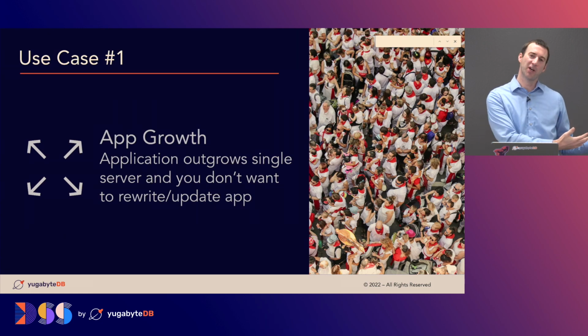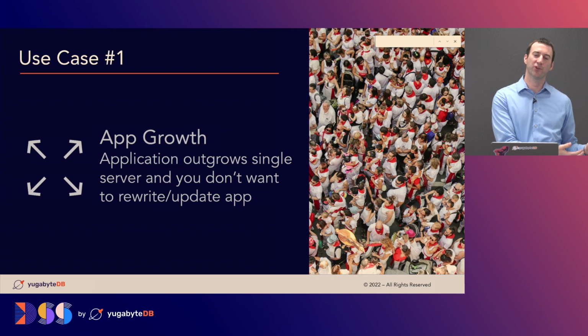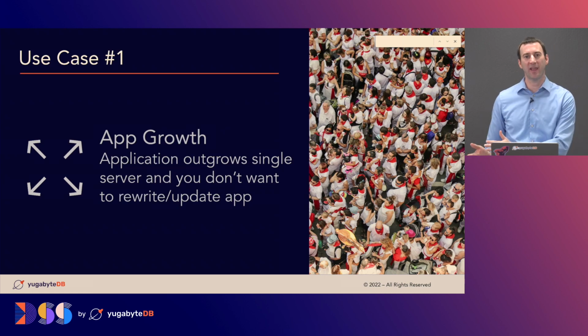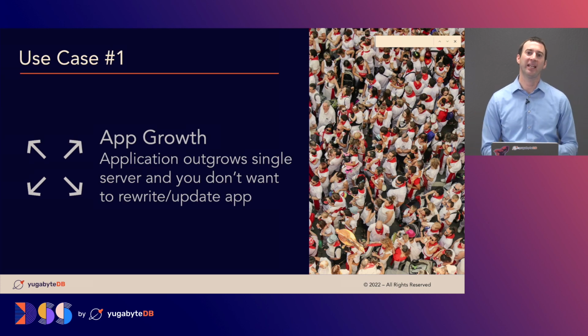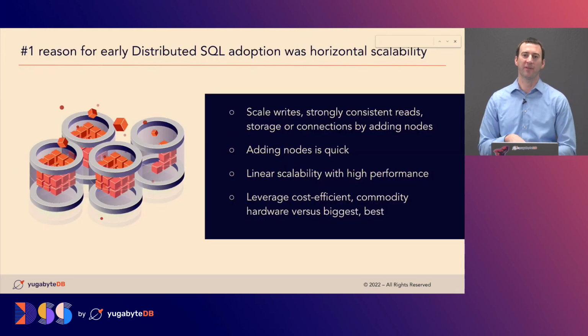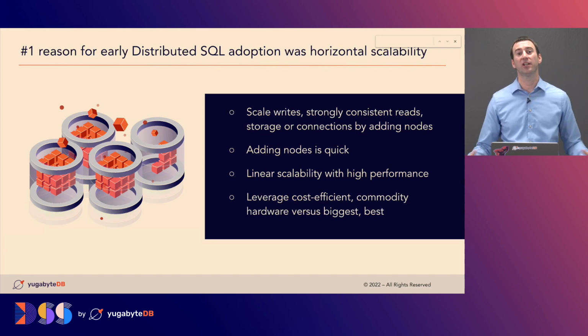And again, as we talked about in our early phase about cloud infrastructure, a big shift of that movement was to commodity hardware. You just want to be able to use the standard simple servers that are out there and then cluster those together as you need to scale. And that's exactly the number 1 use case we see with distributed SQL. Its ability to scale horizontally, to scale out, clustering more and more servers together, is just inherent in what it does.